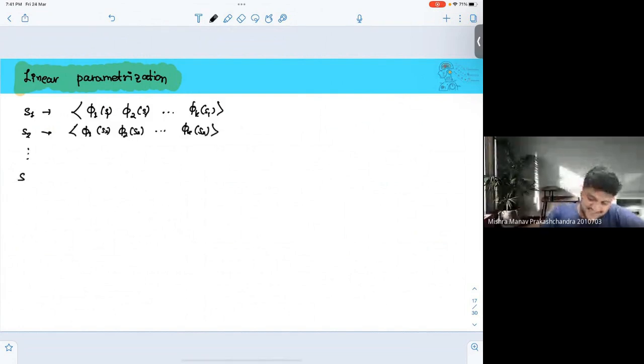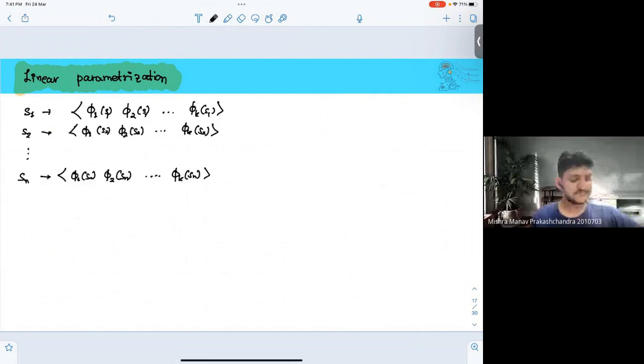And let's say I have n such states, right? This will be phi1 of Sn, phi2 of Sn, dot, dot, dot, till phi k of Sn, right? So I have n such states. So each, when I write phi of s, it